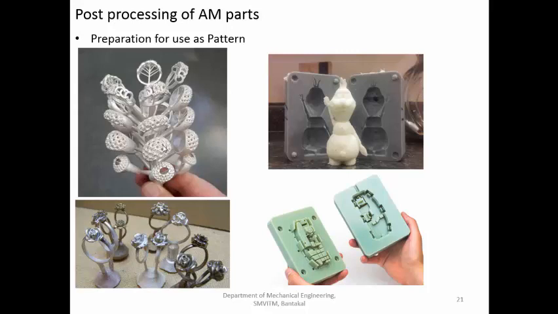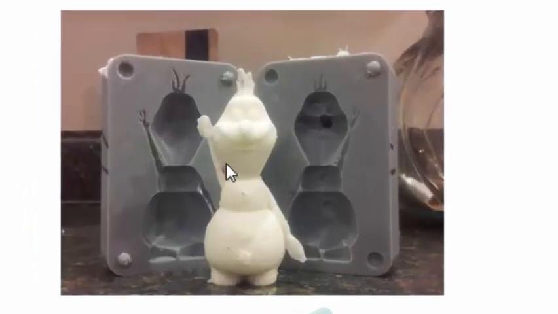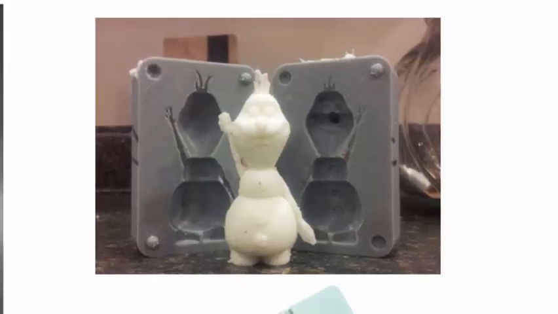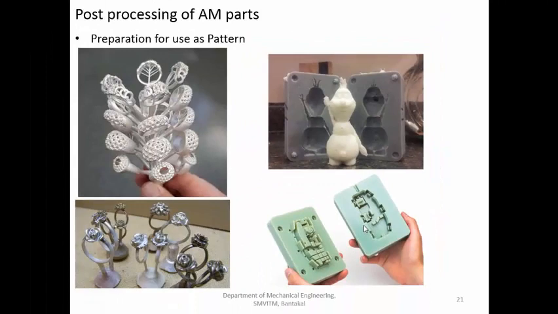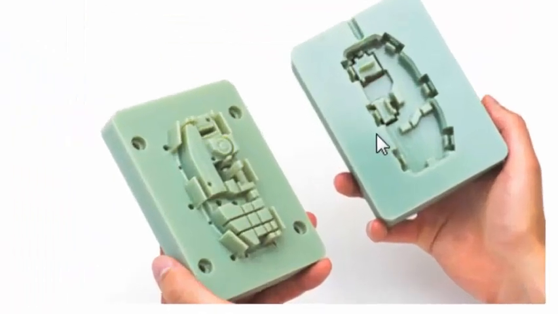Or you can use it as a die to make more components. So here you have two halves of the die. You can close them and inject the required plastic material, and after allowing it to cool, you can take out the component and you have the workpiece. So you can create any number of parts as needed. In this case, these dies are created by using the additive manufacturing process. The same is the case here. You have two halves of the die which are created using the additive manufacturing process.